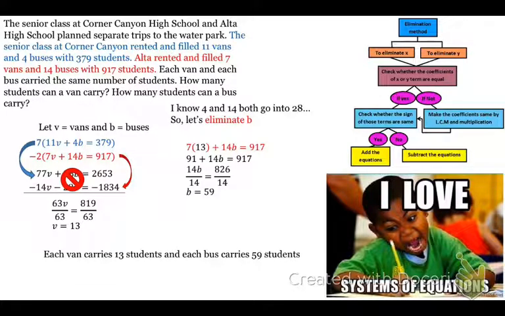I love systems of equations. Actually, systems are pretty cool because it's more real-world stuff. You can set up systems to figure out what's the best job to take, whether you should buy a certain house, or different things. So there's more real-world applications to this. But anyways,